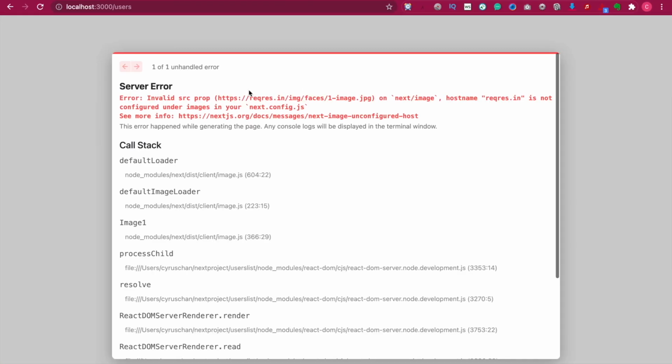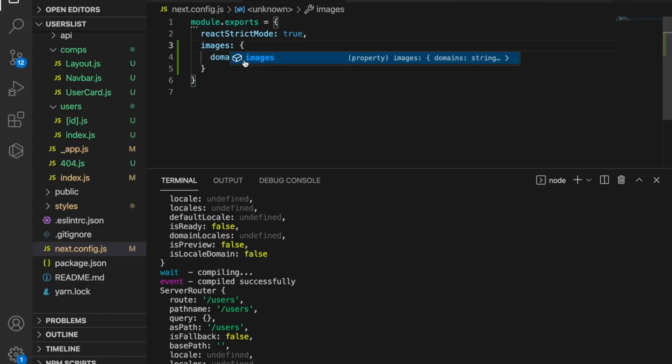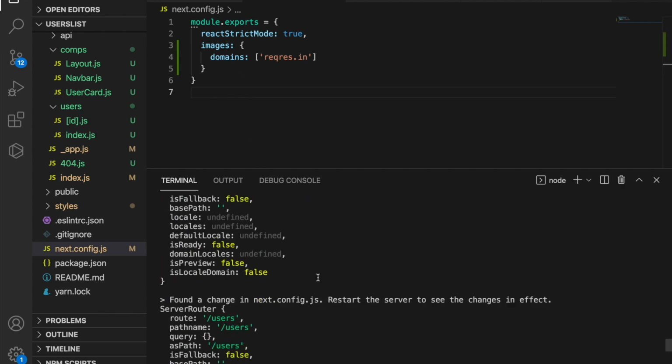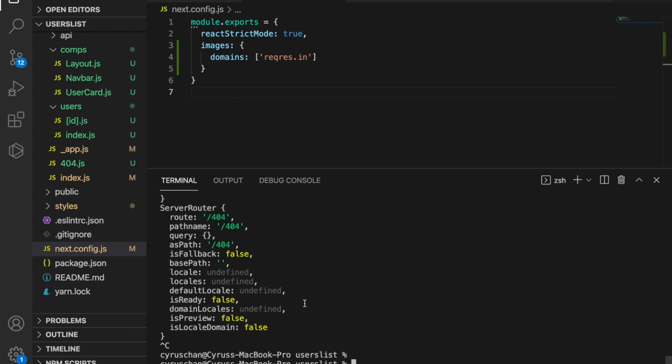Now if we save and refresh, and we forgot to add the s here, and since we already changed the config, we have to stop the server, and then we run yarn dev again. Now if we go to the users,